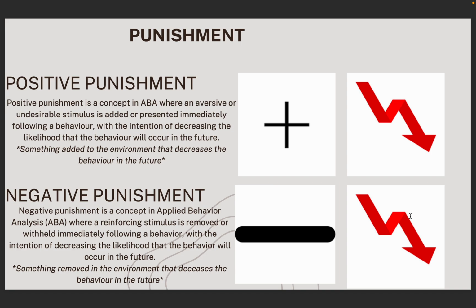There's two different ways. One is positive punishment, the other is negative punishment. So just like we mentioned with positive and negative reinforcement, the same thing here applies, except this time behavior decreases, okay? So positive punishment is this idea that we are adding something to the learner's environment that decreases the behavior in the future, okay? Whereas negative punishment means that something is being removed and that decreases the behavior in the